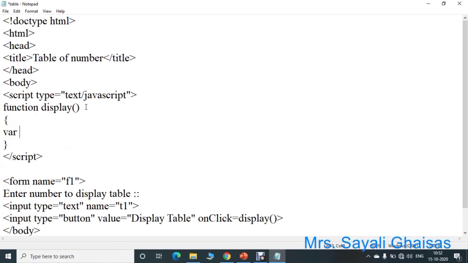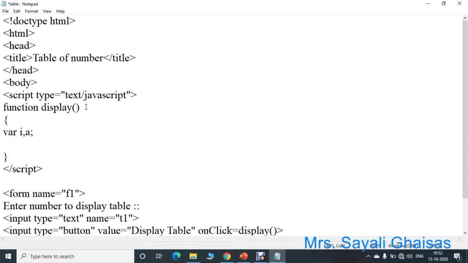First of all, declare a variable, suppose a. Then this variable will get a value from the form. From which control? From T1, that is from this text box. The name of the form is F1.